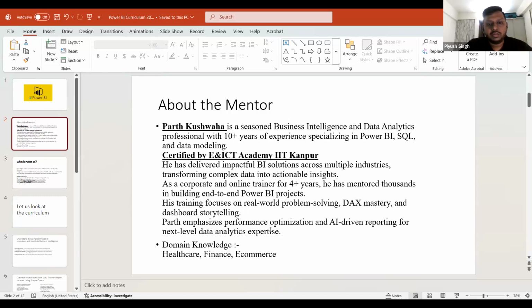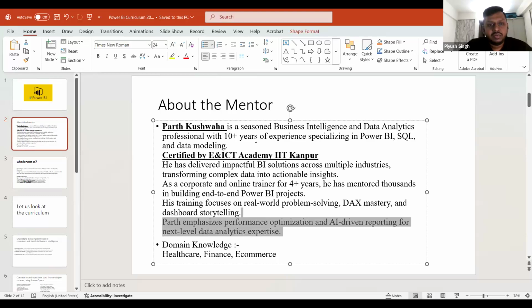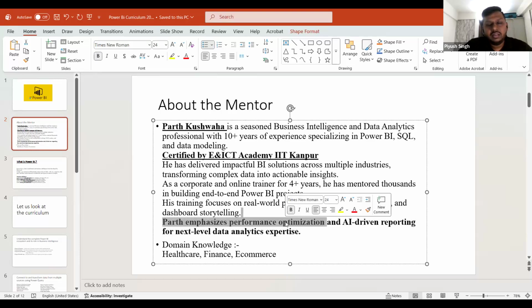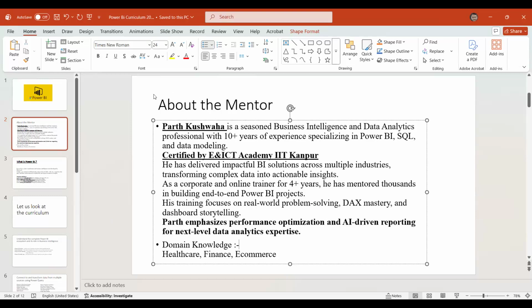Right. And the most special thing is, initially we were just learning. We were talking about Power BI, but in the last 2 to 3 years, we have some AI-driven tools which have been added by Microsoft in Power BI. So we will be learning them also, how to use Copilot, how to use Azure technologies, and those multiple ML algorithms. I would give you a demo of how ML algorithms work with Power BI. So you would get a bit of an idea of automation also, why Power BI and how Power BI and automation can work together.